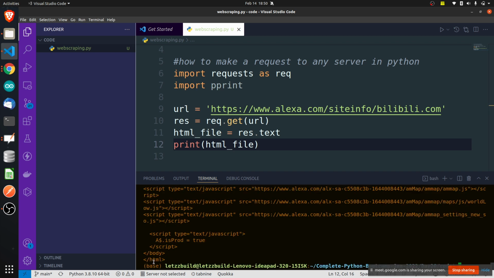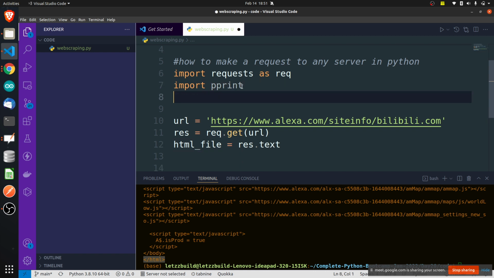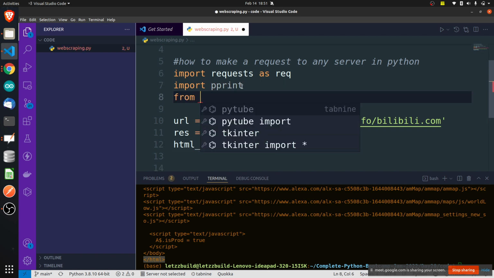See here. How did I understand? It ends with HTML, so it looks like an HTML file. I understood this much. So what we have to do is scrape some data from this HTML file. Which module are we going to use to scrape some data? Beautiful Soup. Beautiful Soup is a library which is used to scrape data from any HTML file, and HTML files are the foundation for creating websites.